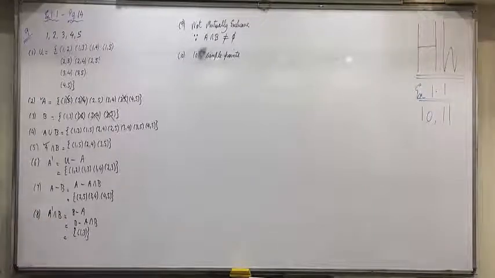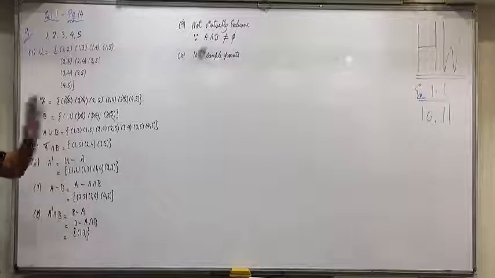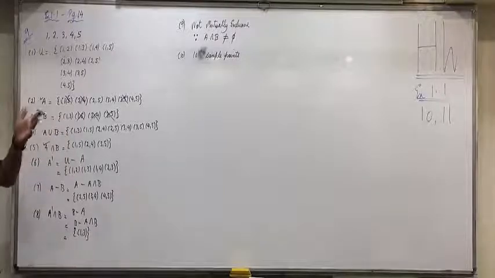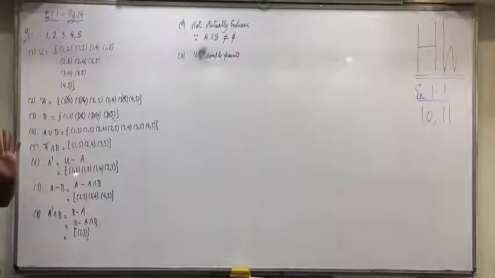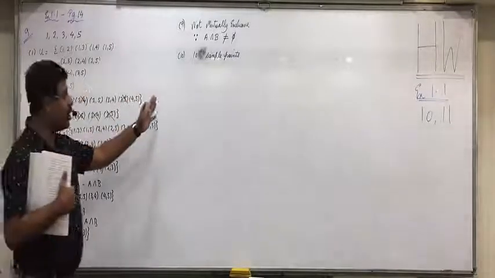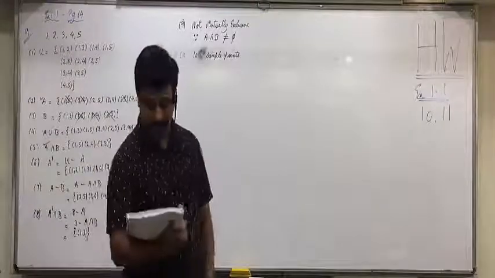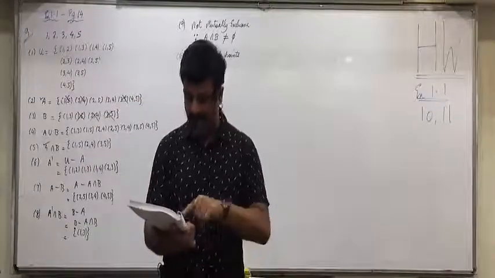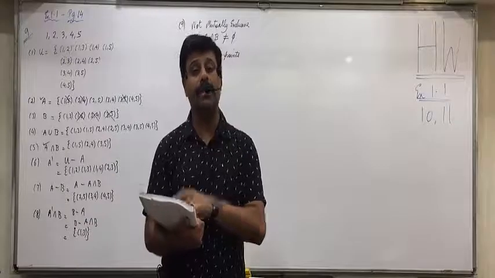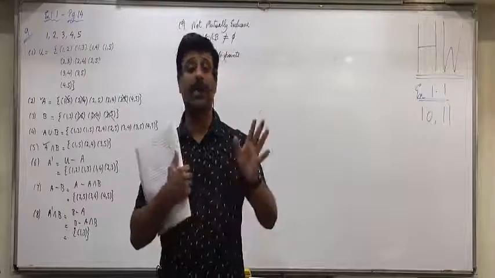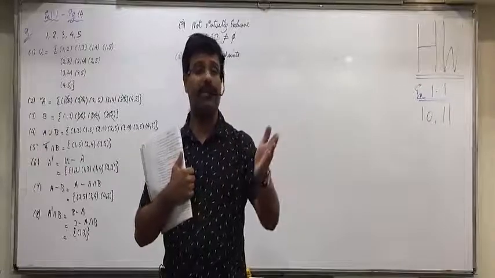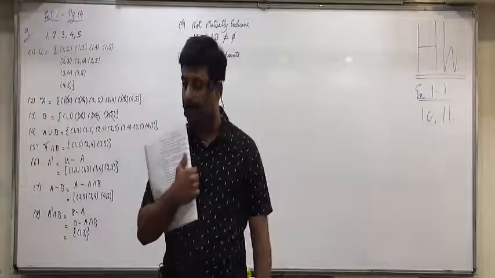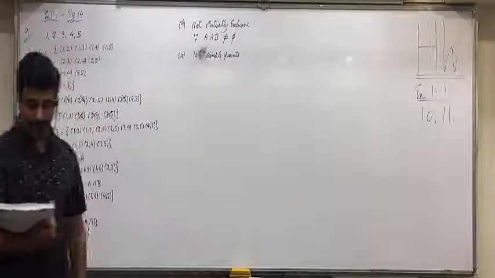Seventh, can it be said that A and B are mutually exclusive? If your A intersection B is the null set, you say they are mutually exclusive. They are mutually exclusive because males and females, the two events will not have anything in common. So you'll write they are mutually exclusive because A intersection B is equal to the null set. And see the next one asked, are they exhaustive? Yes. Because if you do A union B, then you'll get F1, F2, F3, M1, M2, the entire sample space. You can verify that.